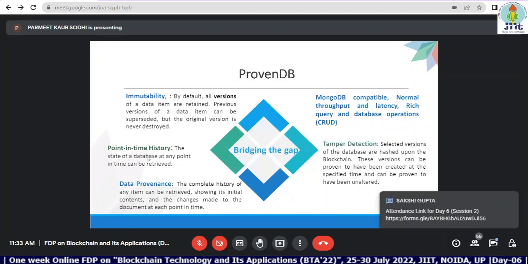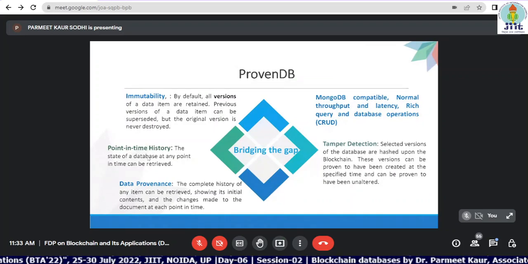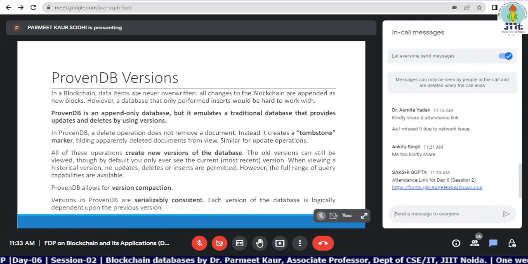The data provenance is maintained. That means you can retrieve the complete history of the data. And you can also verify that the data that you have entered into the system has not been tampered with, because you can verify the proofs that the data has not been altered at any time in the past. So all these features we are getting from ProvenDB. So we'll talk very briefly about each of these features, so that you can understand how a blockchain database is